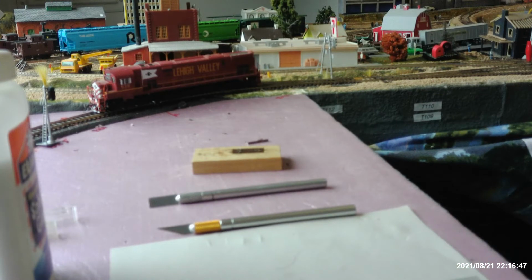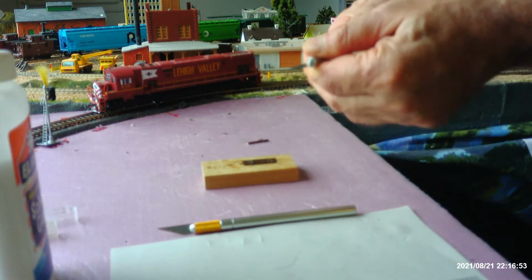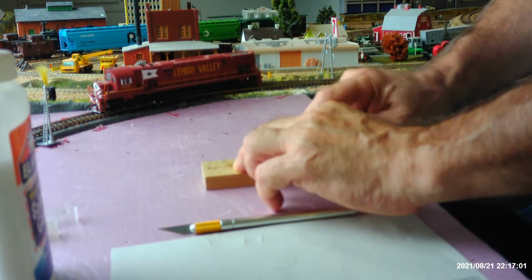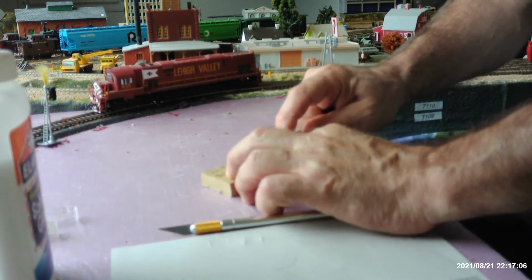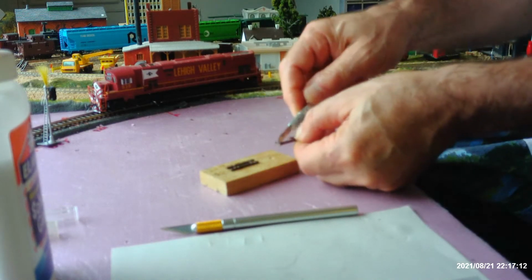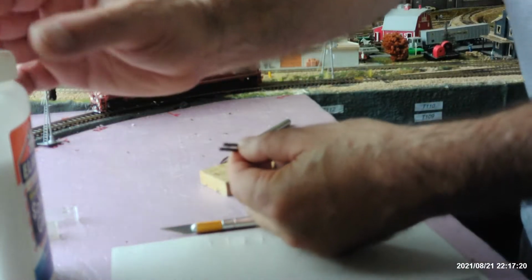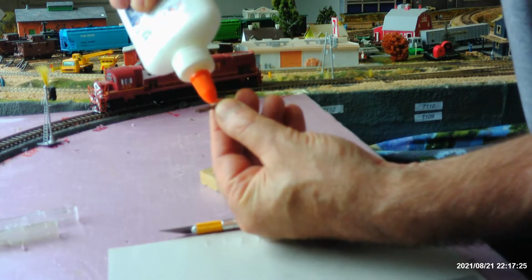Alright, so what I do is I take my number 17 blade and I trim off the little nubs on the track, the railroad ties, and you clean them off. And then I also, like you see the sides there, I trim these off too. Then what I do, and I hope you can see this, is I take a little glue and I put it on here,